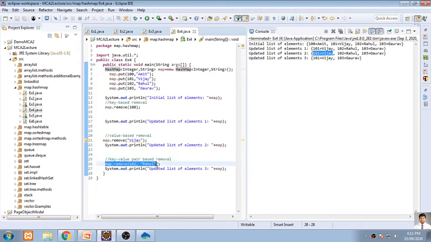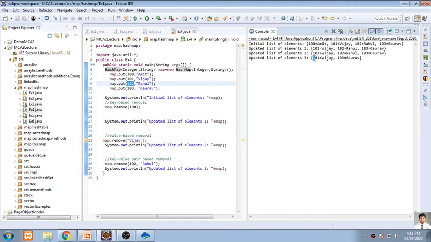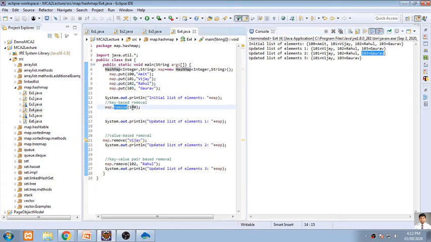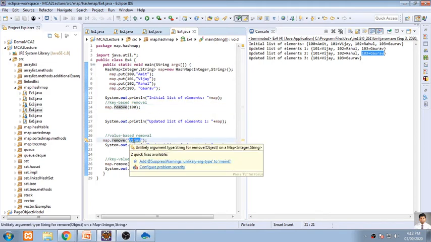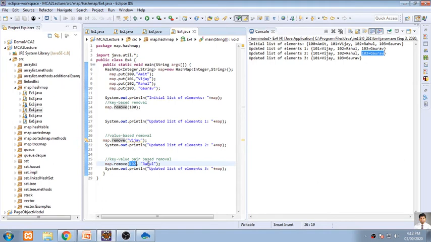And third one, if I'm passing a key and a value, I want to remove this Rahul. Here the Rahul is 102 and Rahul. So here that Rahul is removed. Only the first element and third element are displayed. Okay. So are you clear with this? Remove with a single parameter key, remove if we try with the value what it will do, and remove with key and value. So two ways of removing an element: single with key, two with key and value.